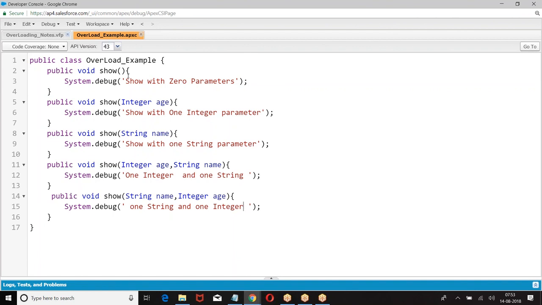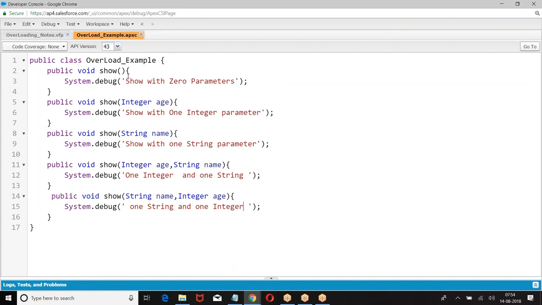Then this is called method overloading. In the same class, if you have more than one method with the same name but with a different number of parameters, different type of parameters, different order of parameters, then we call it method overloading.